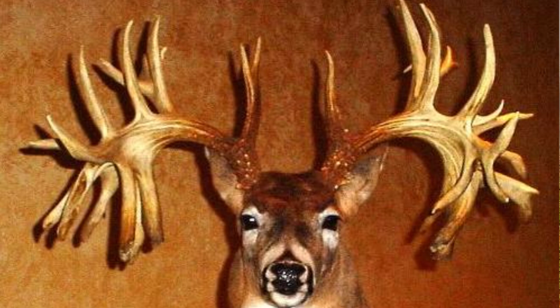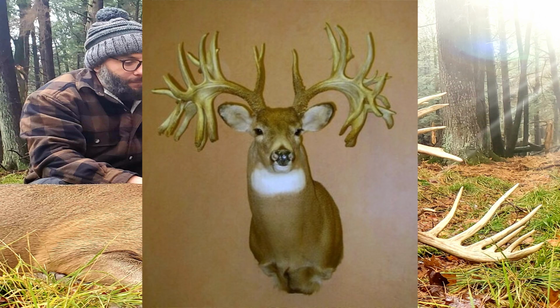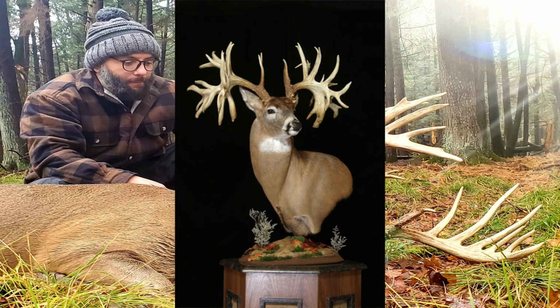The Boone and Crockett scoring system has caused a lot of controversy for many years with many different bucks, which plays a big factor in the popularity of these legendary whitetails. People like controversy, and it seems like the bucks that don't come out on top of the record books because of scoring controversies are more well-known than the official world records. Nonetheless, the Missouri Monarch does hold that top spot and is recognized as the world record, no matter what anyone's